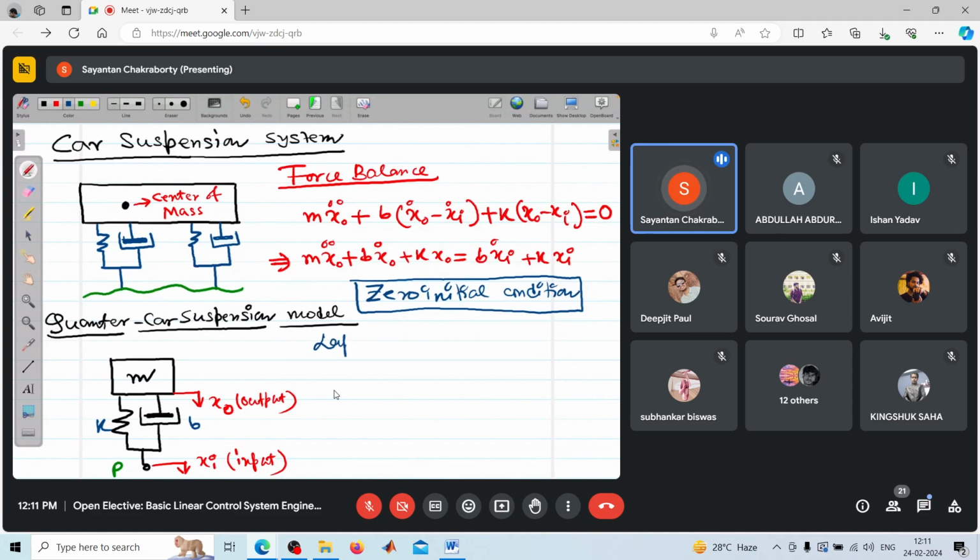Take Laplace transform again, and while rearranging, you can write down the transfer function defined as X0(s) by Xi(s),